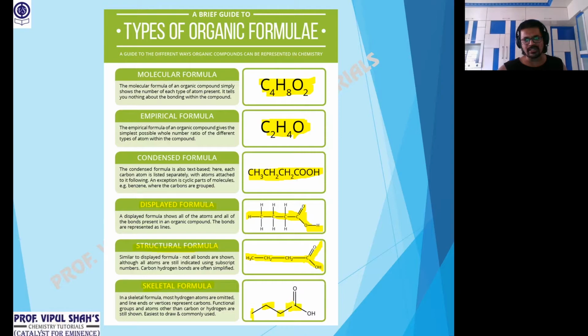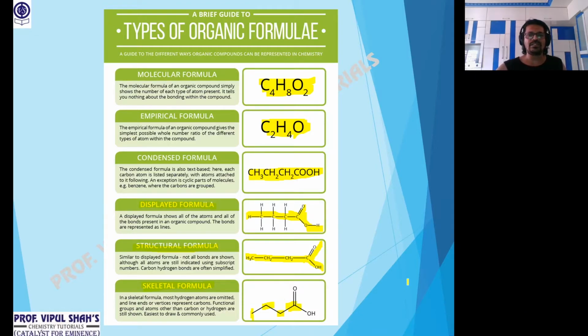And then C double bond. We don't write the C. Basically, we have 2 lines meeting and a double bond, so 4 valencies, so double bond and then OH. So in bond line, no carbon, no hydrogen, just with lines we try to satisfy. So these are the types: molecular formula, empirical formula, condensed formula, displayed formula, structural formula, and the bond line formula. The different ways to express.